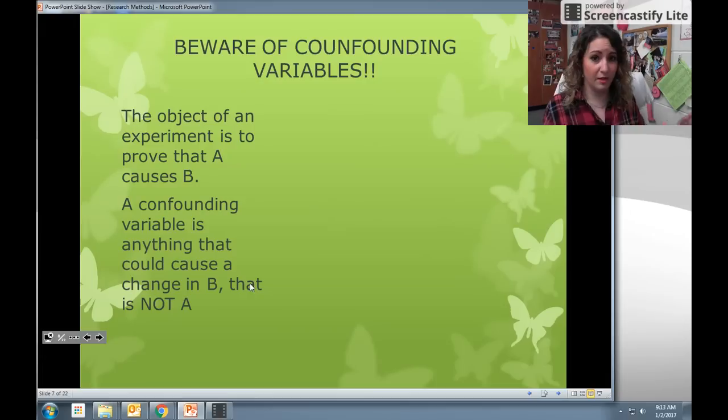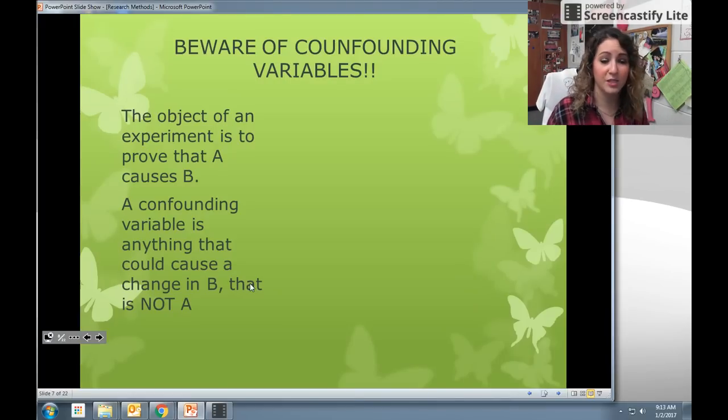Okay, there are also other variables. Those are the main two, the independent and the dependent, but you also want to be aware of something called a confounding variable. So let's say that the object of the experiment is to prove that A causes B. A confounding variable is anything that would cause B that's not A. So let's say that you're trying to prove that smoking causes cancer, and experiments have already done that. But a confounding variable is anything that might cause cancer that's not necessarily smoking,